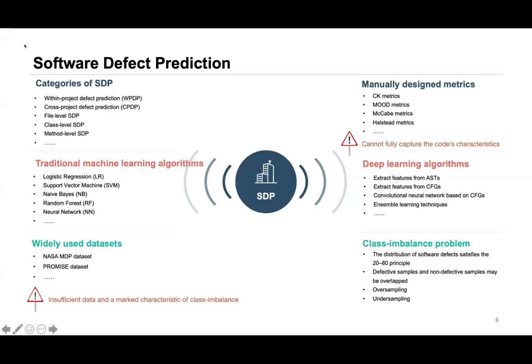Previous research indicated that the distribution of software defects satisfies the 20-80 principle, which means 80% of the software defects are usually contained in approximately 20% of the system files. In these situations, the defective samples and the non-defective samples may overlap. Most previous research used oversampling or undersampling to balance the data distribution of a given dataset. Although the performance has improved, the final prediction results are still a little far from satisfactory.